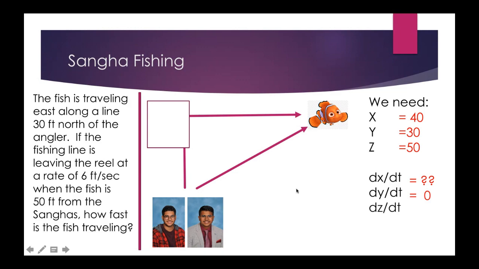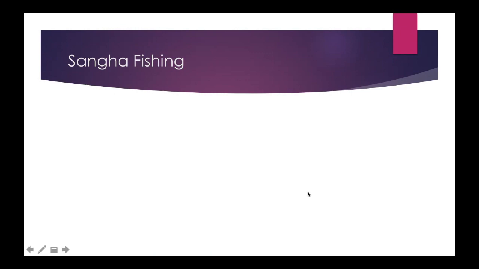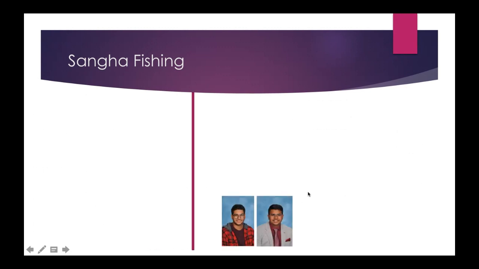Dz dt, that's how fast the hypotenuse is changing. And if you look in the middle of the words that I've got there, the fishing line is leaving the reel at a rate of 6 feet per second. So there's our dz dt. Okay, we've got it all. We've got all our components that we need. We're now ready to start our triangle question. The Sangas go fishing. There was a fish right